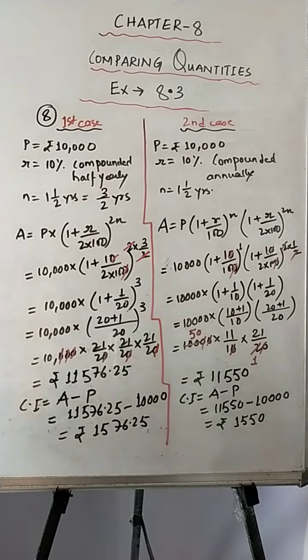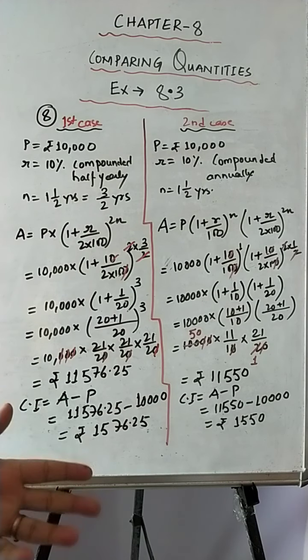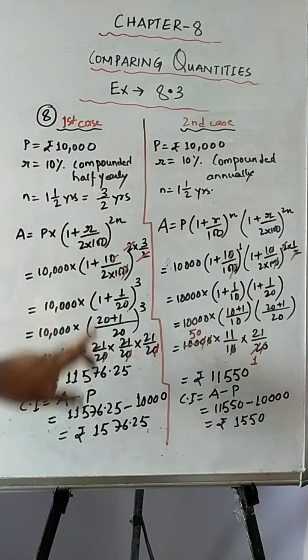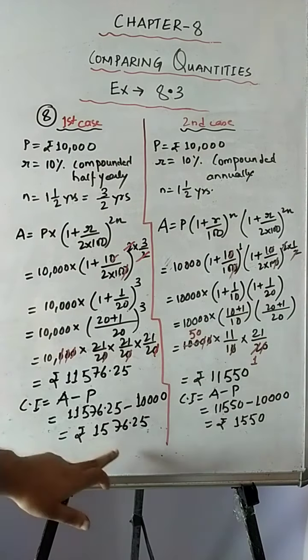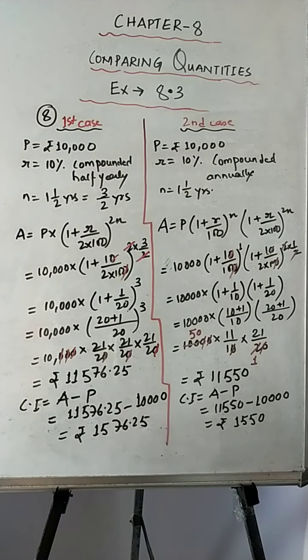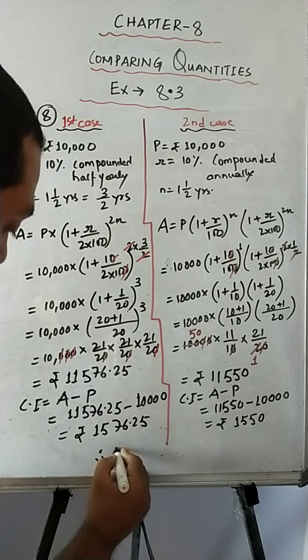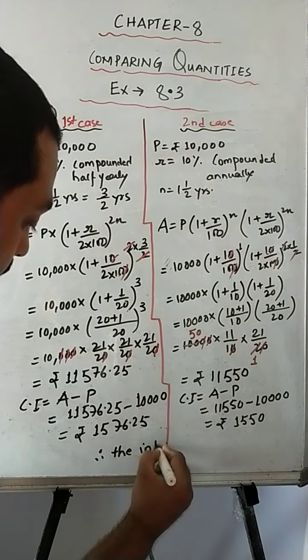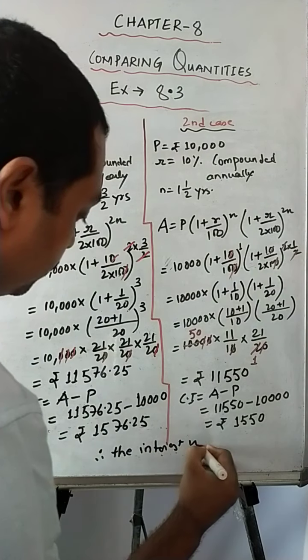Now you have to see in which case the CI is more. So you see, in case of compounded half yearly, CI is 1576.25, and in case of compounded annually, it is 1550. So how will you conclude the sum? You will write, therefore, the interest would be more